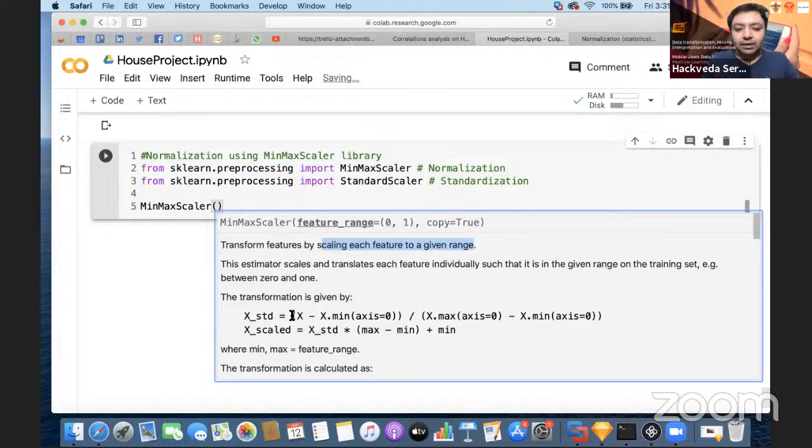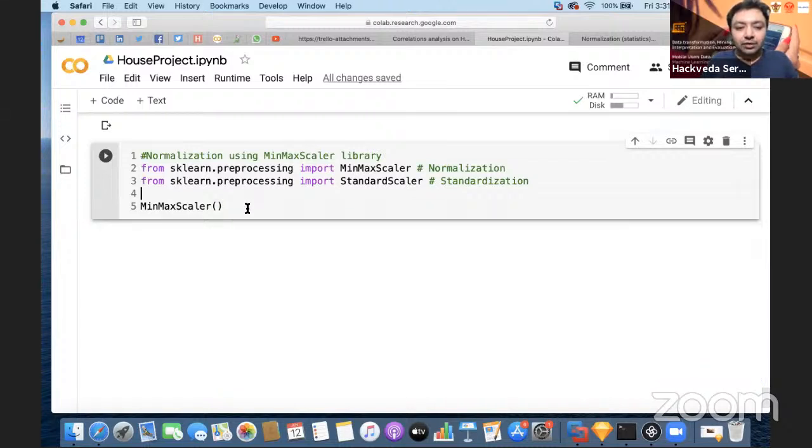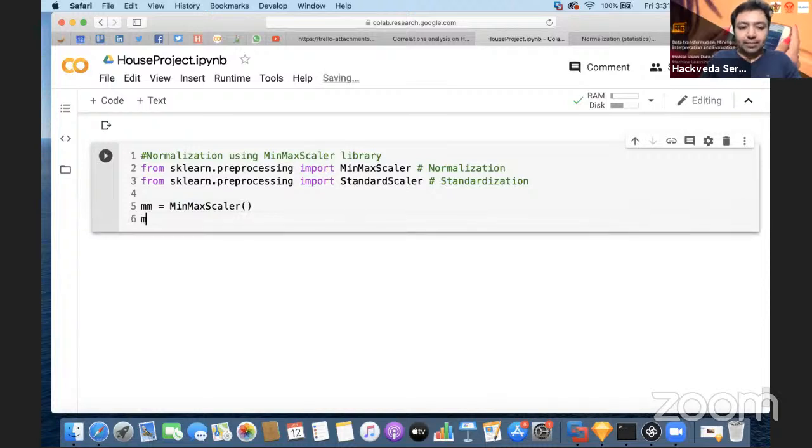What it implements is the standardization value somewhat like this: x minus x minimum, with axis equal to 0, upon x maximum minus x minimum. This is the standardization. And x standard into max minus min plus minimum, that is the scaled version. So these are the values of min-max scaling which can be done. Let's say we create the MinMaxScaler and call it mm. So we are going to use mm,